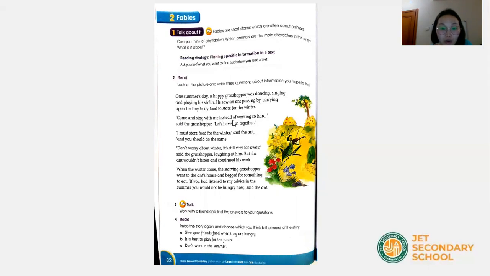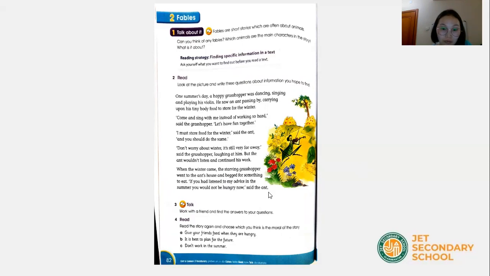Come and sing with me instead of working so hard, said the grasshopper. Let's have fun together. I must store food for the winter, said the ant, and you should do the same. Don't worry about winter, it's still very far away, said the grasshopper, laughing at him. But the ant would not listen and continued his work. When the winter came, the starving grasshopper went to the ant's house and begged for something to eat. If you had listened to my advice in the summer, you would not be hungry now, said the ant. So this is one example of